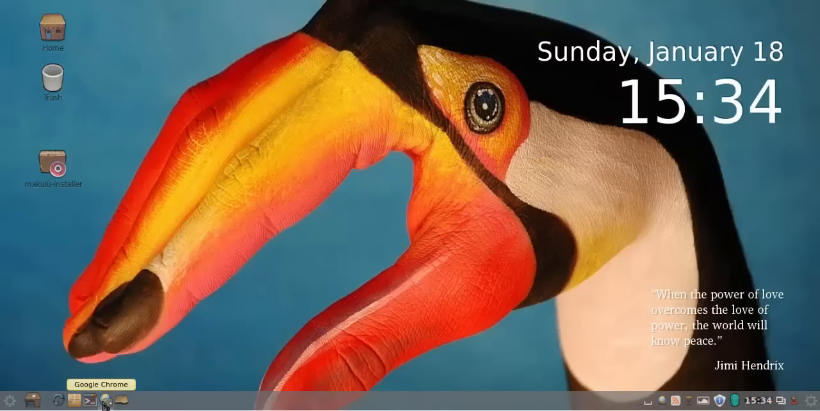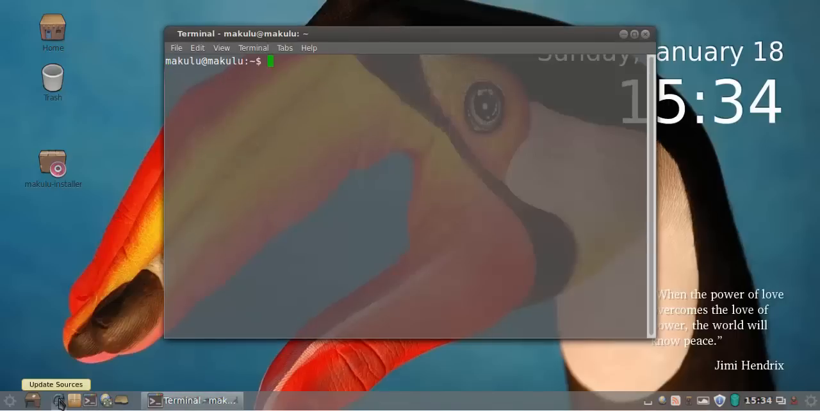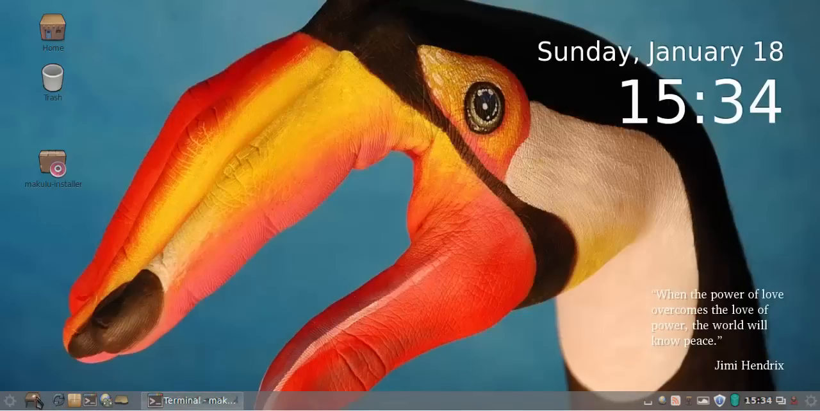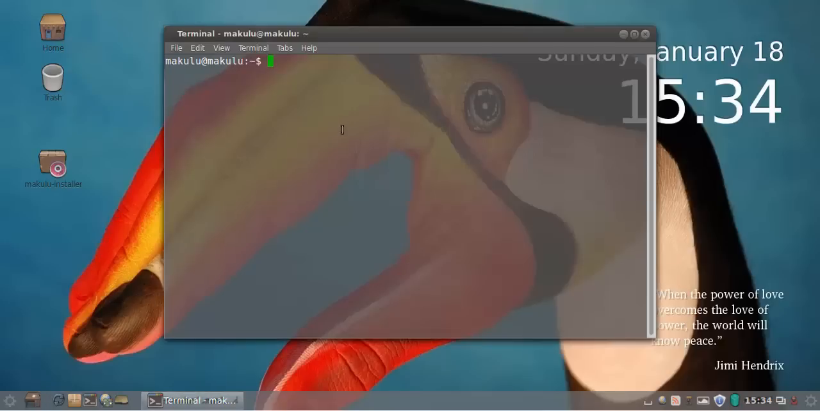You've got your web browser, Google Chrome, your XFCE terminal, your software manager, update sources, and a show desktop button, which will minimize all windows instantly. Now the other thing about the theme, if I open up something like terminal, which I've got transparency on,